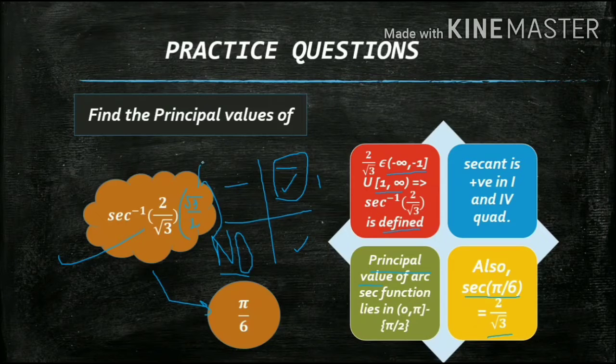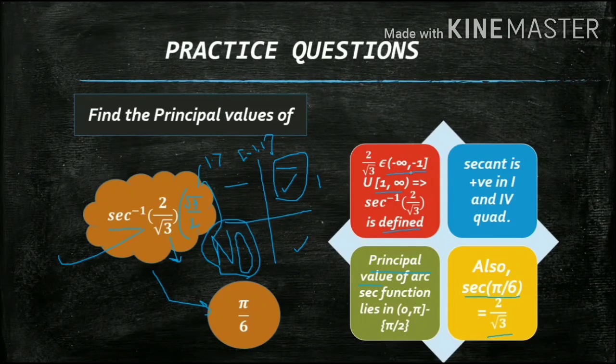Because root 3 is nothing but 1.7. So whenever the numerator is strictly less than the denominator, the value would lie in (-1, 1). That means it is strictly less than 1, and it would not lie in this region, which is the domain for the arcsec function. So it is not defined, which is the answer. So before you answer, just think carefully whether it belongs to the domain or not. Many times students get confused in such problems. They know the full procedure, but they don't know whether the value belongs to the domain or not. So just do these things very carefully.